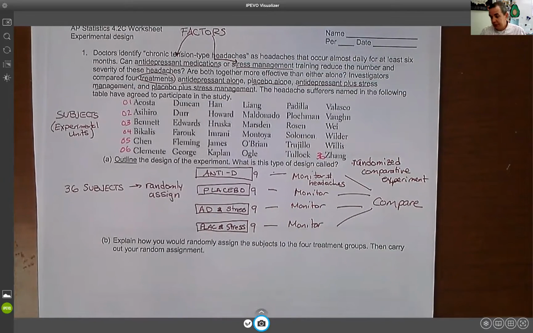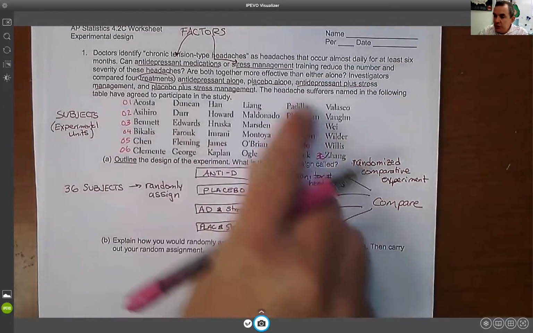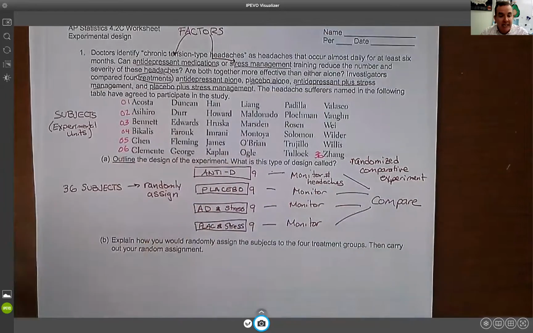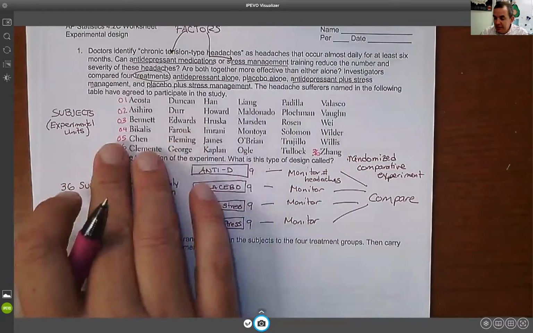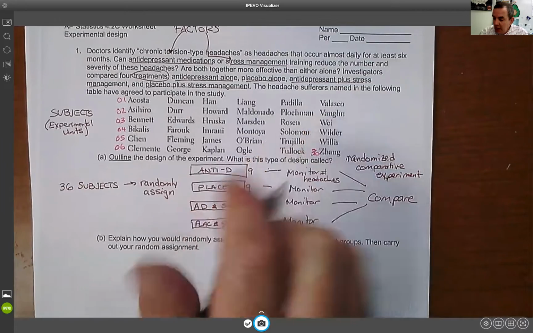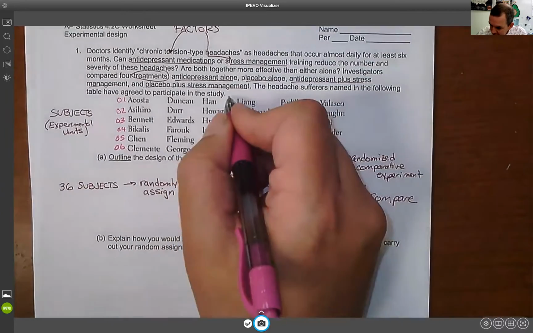So that's my randomized experiment. Now, we also talked about something called the block experiment. What a block is: if I know something about these people ahead of time that might influence the results, I'm going to block. So let's say, for example, of these 36 people, I know that this half right here,